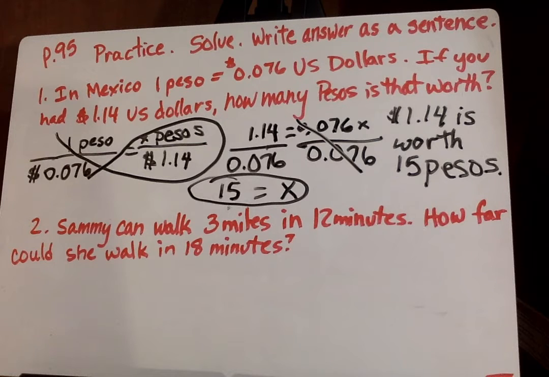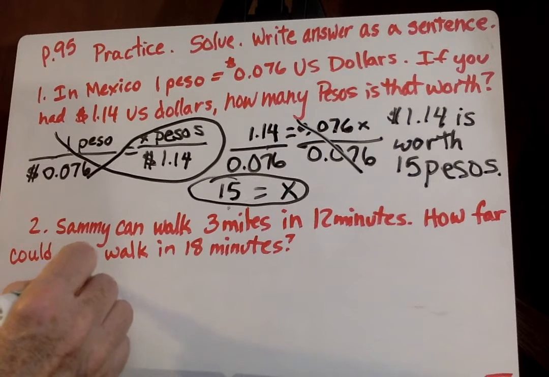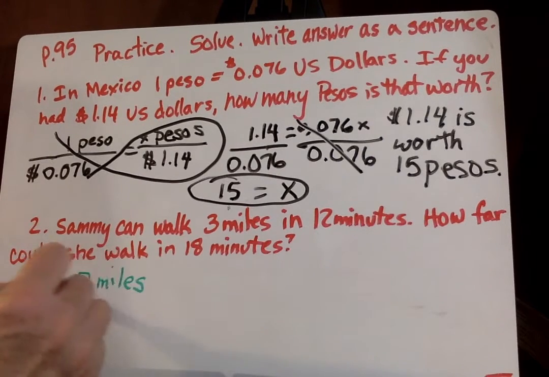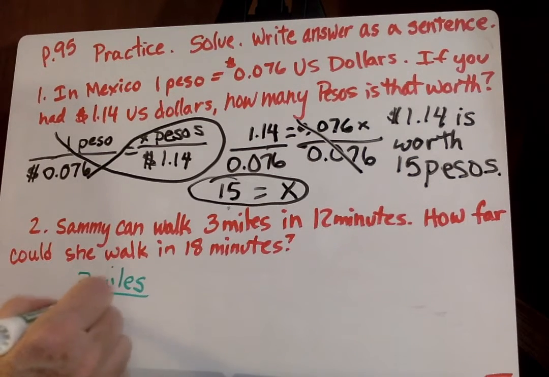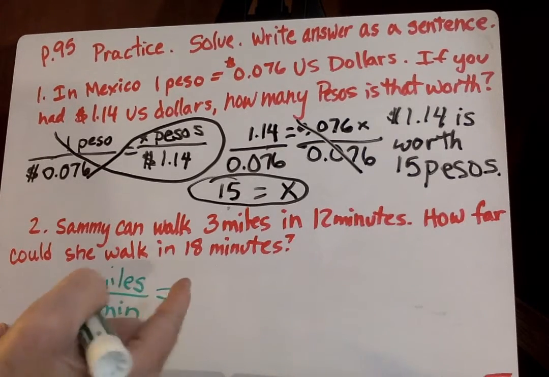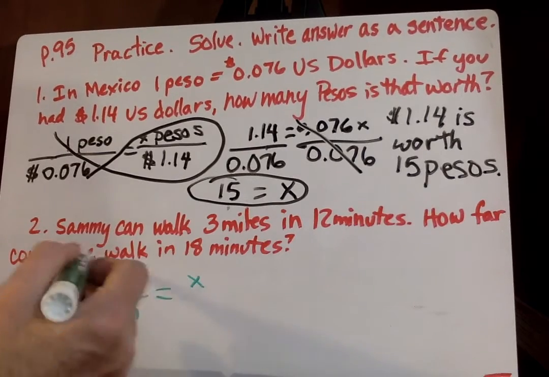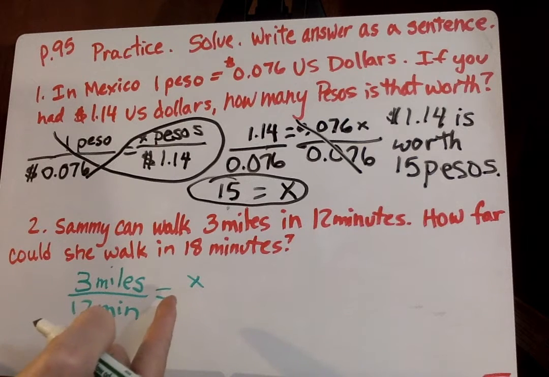Number 2: Sammy can walk 3 miles in 12 minutes. So we're going to go miles and minutes. So 3 miles. By the way, if she's doing 3 miles in 12 minutes, she's not walking. But we're going to just do the problem as it is, even though it's pretty phony. How far could she walk in 18 minutes? So we don't know how many miles. She's not walking, she is booking, running as fast as she can. In fact, there's no woman in the world that could do 3 miles in 12 minutes, because that's a 4-minute mile. And there's maybe 3 guys that can do it on the planet,